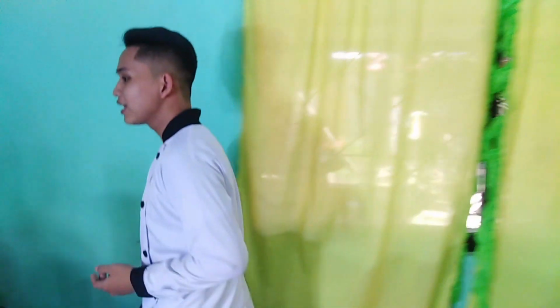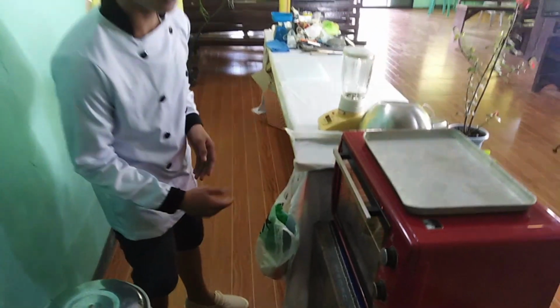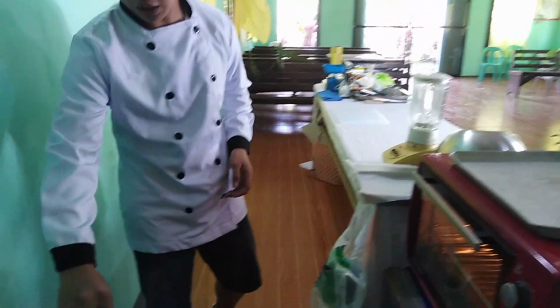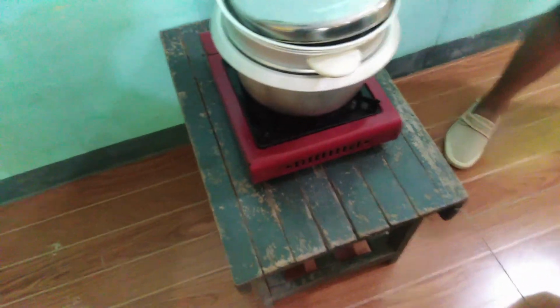So before anything else, let's preheat our oven. Let's preheat our oven 15 minutes before we use it to disinfect it. Next, we have here our boiling water for our steam. So let's